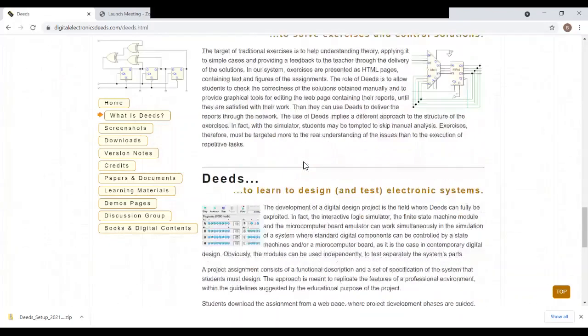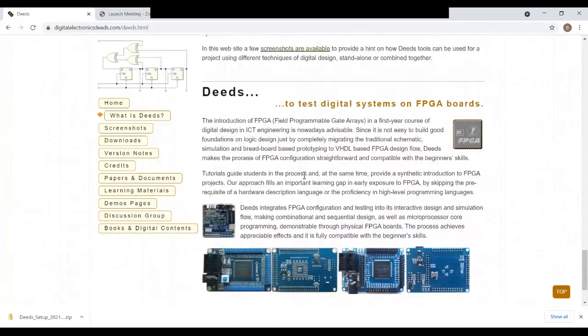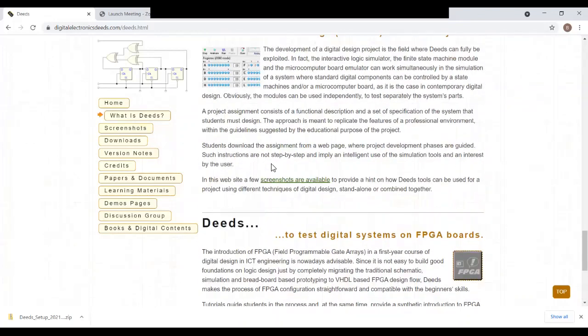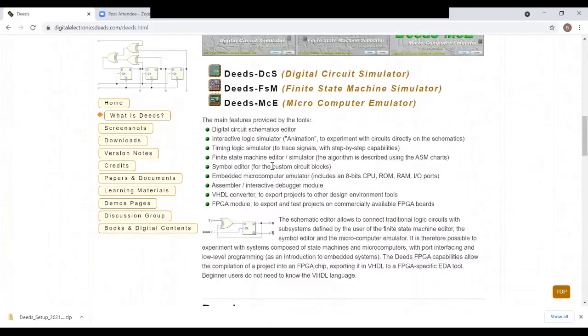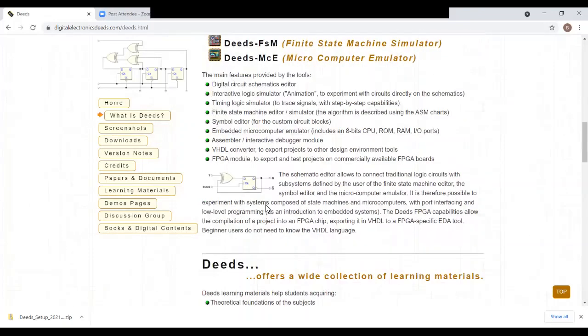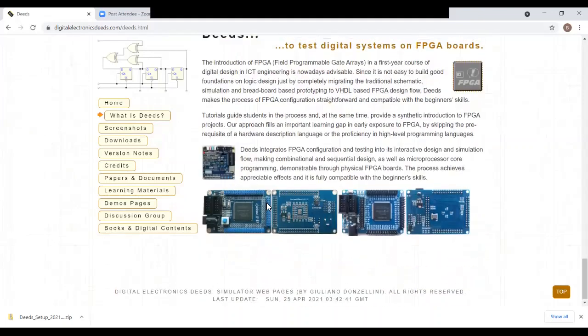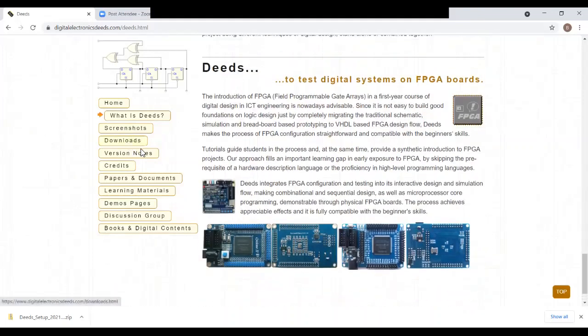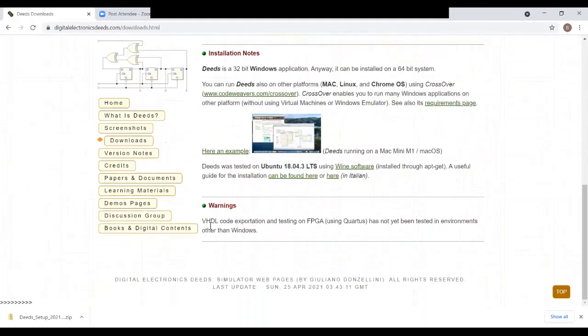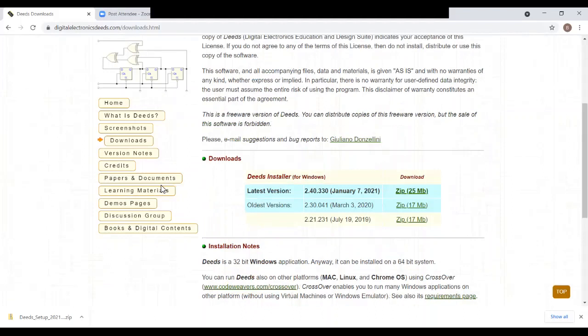But one warning is also given: you can do the operations regarding FPGA if you are working with Windows. Some note is given somewhere. Yes, here it is. So if you are dealing with Windows, then there is no problem. You can work with VHDL code also.